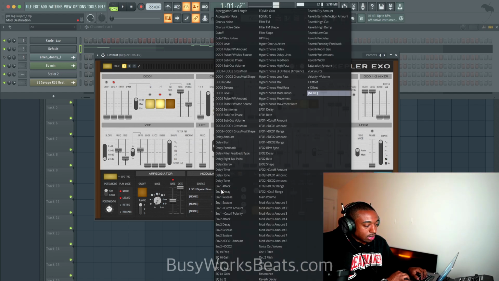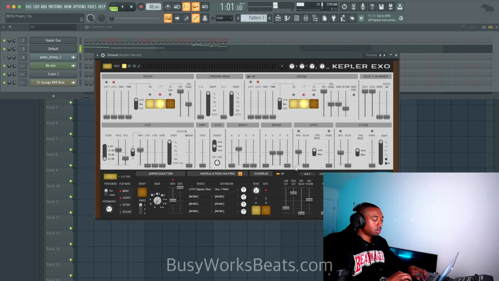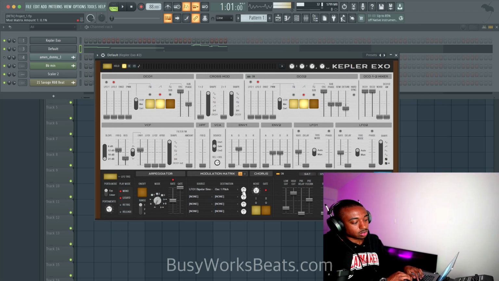Let's do LFO 1, sine wave, bipolar direction, and then let's add destination, oscillator 1 pitch, and that will control the vibrato. And I'm going to use like 0.3 as the value. Seems like the lowest. Let me see if I can hit control. So it's at 0.1. So it seems like we can go all the way down to 0.1. So that's more realistic, but I had to hit control to get to that micro value. You probably can't hear it.